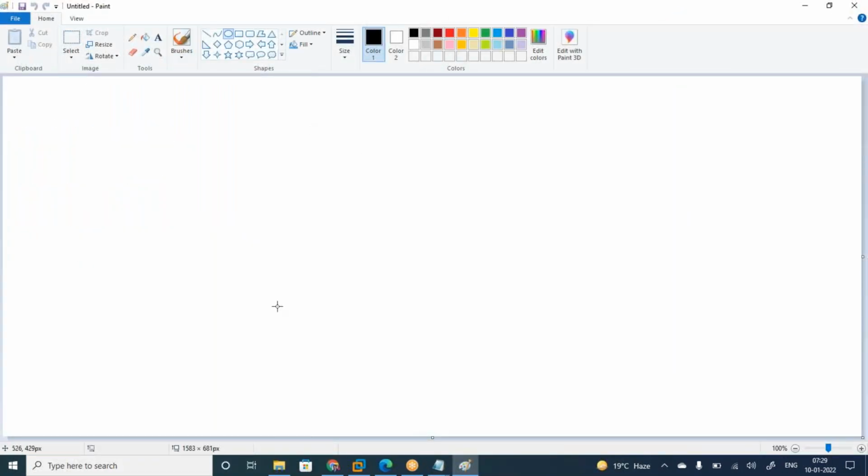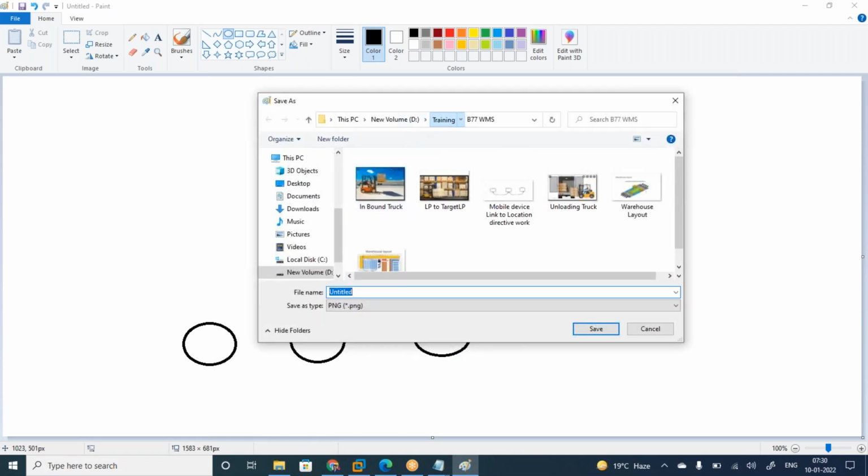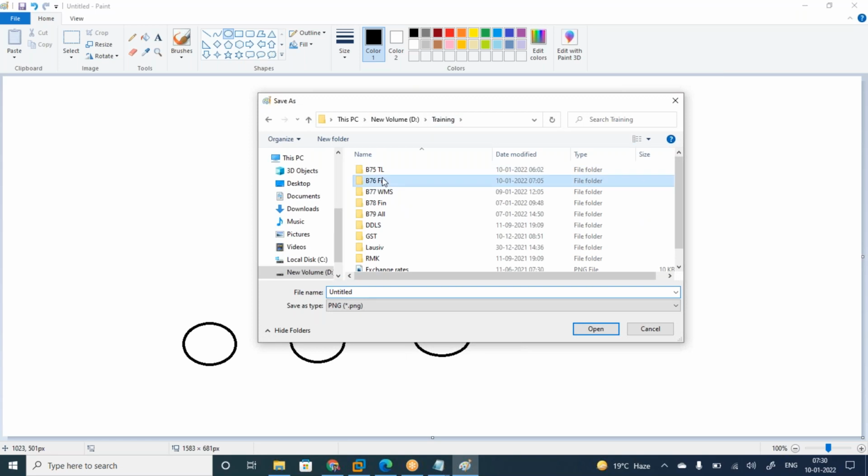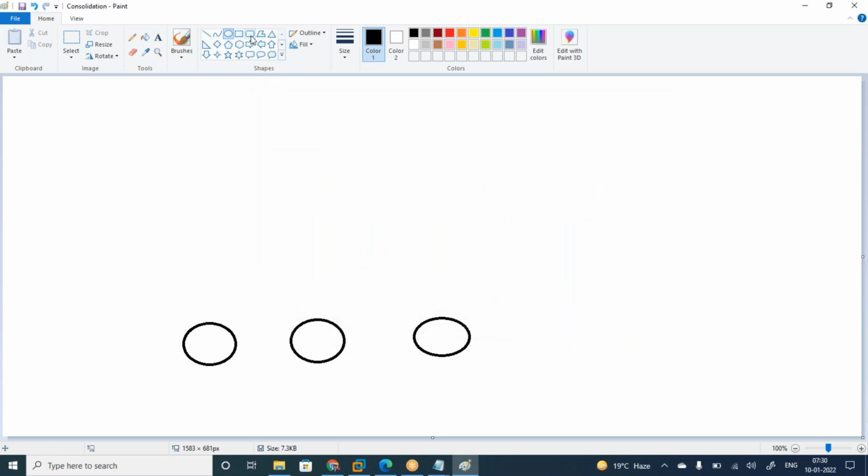Suppose company A, company B, company C. Then you can create one parent company.